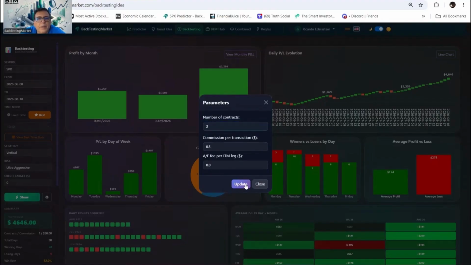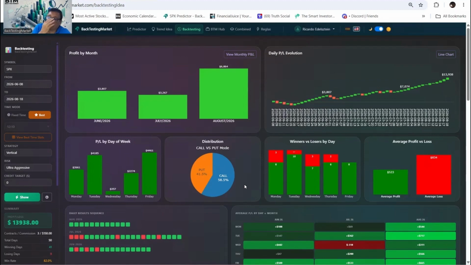It depends on the day. But the idea here, and let me be straight, is to do every single day the same amount of positions. For instance, if you're going to start with one, do one every single day. If you're going to do two, do two, two, two, two. And when you are ready to pass to three, you have to be aware that this thing also